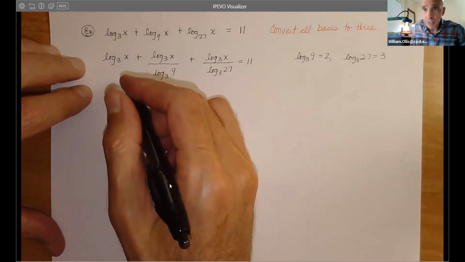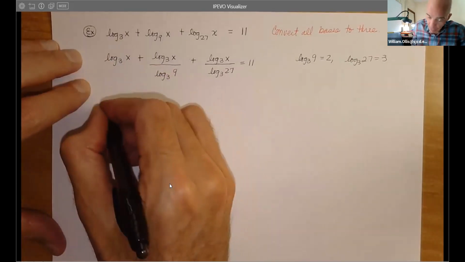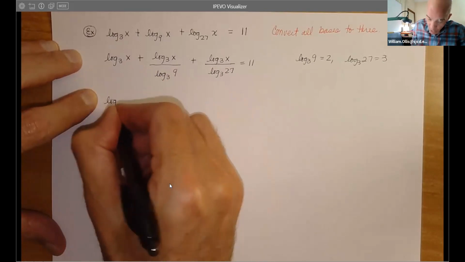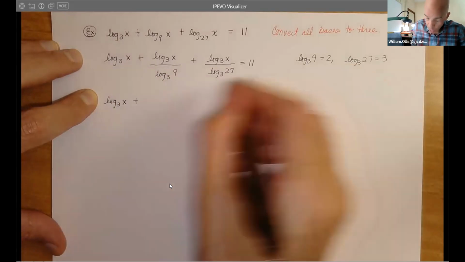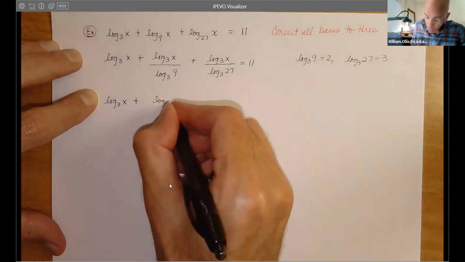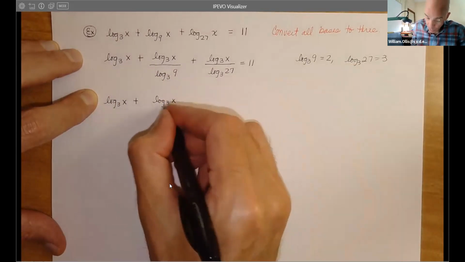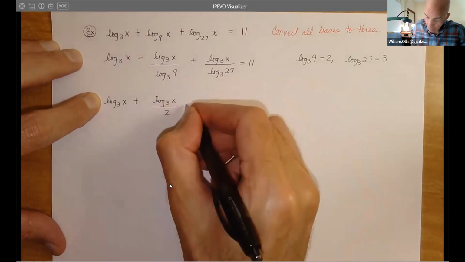So now let's look at this. So what do we get? We have log base 3 of x plus, now again, we're going to just fill in 2 here, log base 3 of x divided by 2 plus